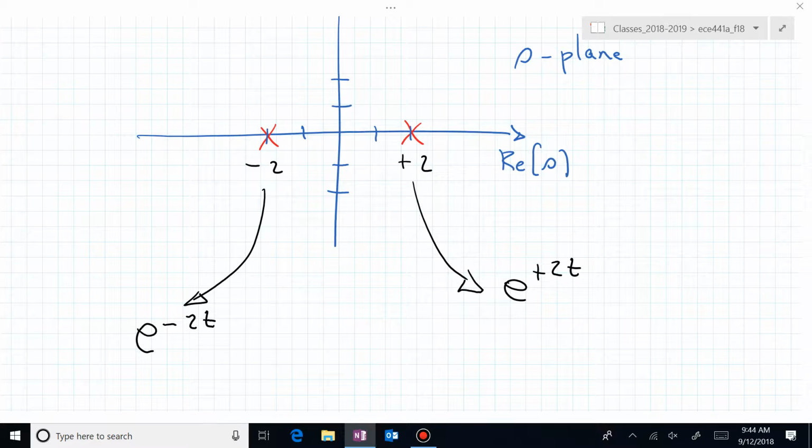The eigenvalues in the left half plane are the good ones. They're stable. The ones on the right-hand side, that's going to go unbounded with time, is it not? That's the one that's giving us the problem. And we only need one of those. If we had 100 poles and only one was in the right half plane,